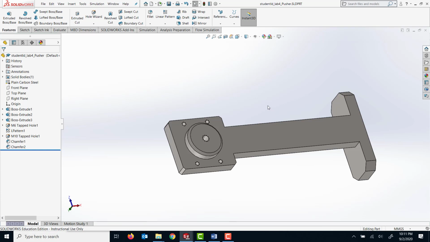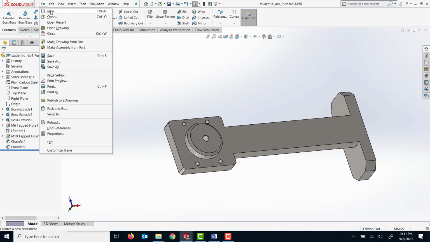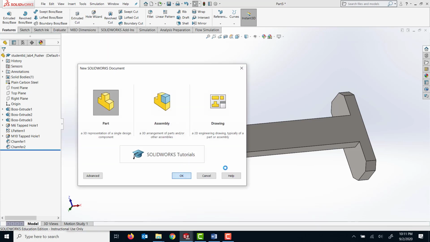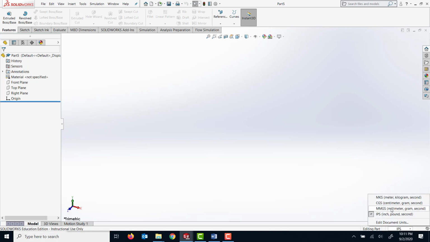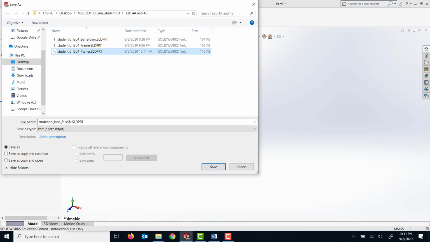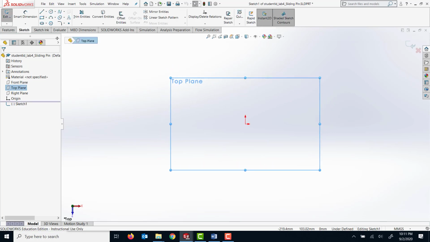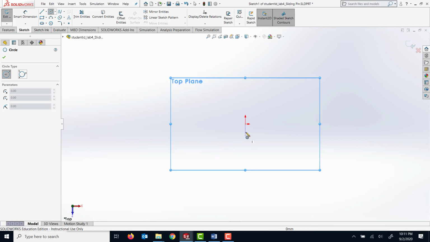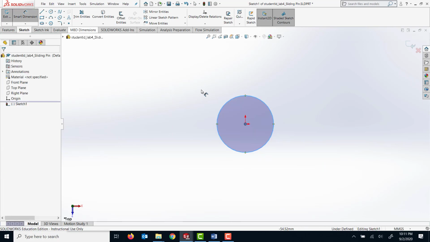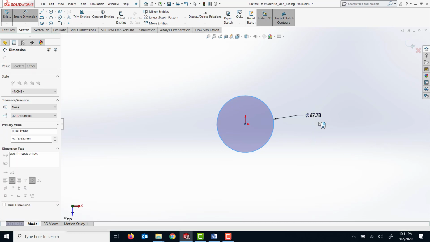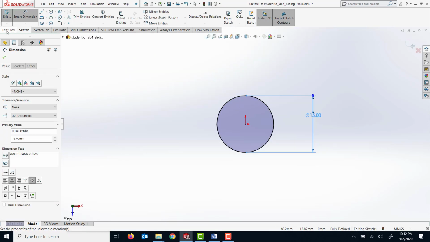And now I'm gonna create sliding pin. To do that, I'm gonna open a new part file, and I'm gonna set the unit as mmgs, and I'm gonna save this file as, and I'm gonna name this file as sliding pin. And I'm gonna click on top plane, I'm gonna click on sketch icon, and I'm gonna draw a circle starting from the origin, and I'm gonna specify the dimensions as 15 millimeters,